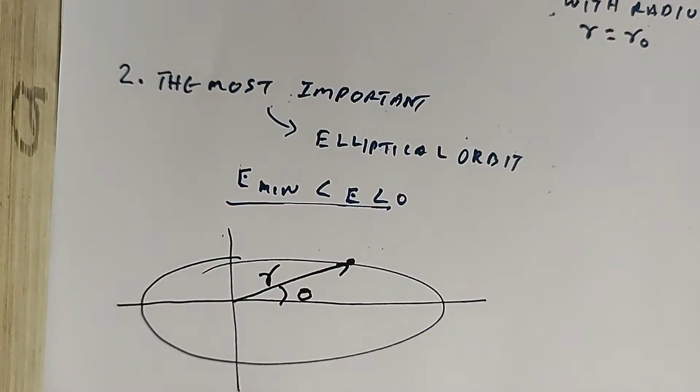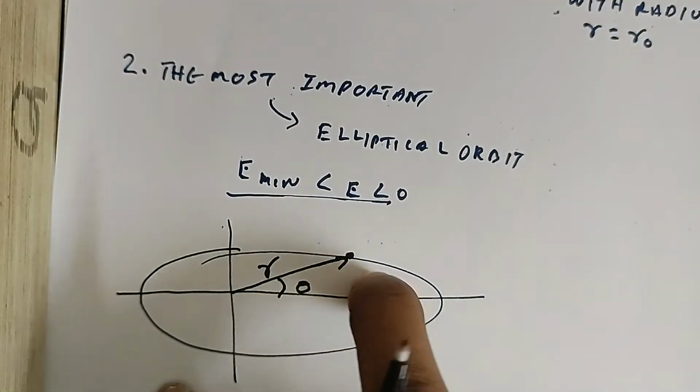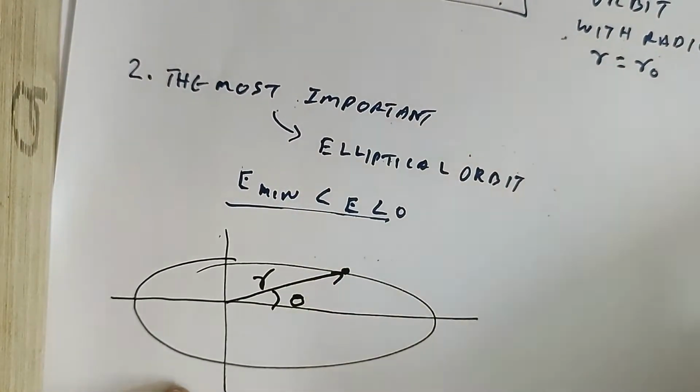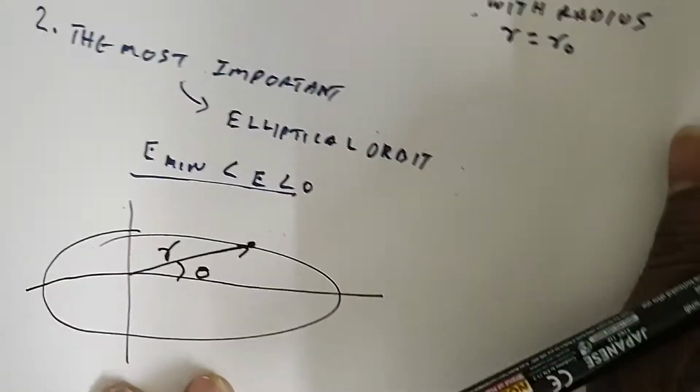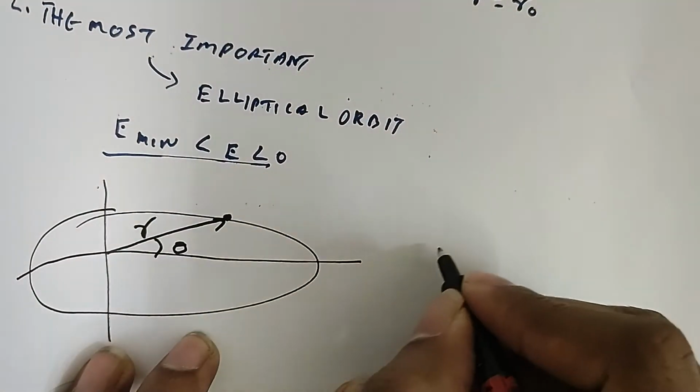This is a standard ellipse. I have described the polar coordinates r and theta, and the point is over here. Now I will draw a figure which will correspond to